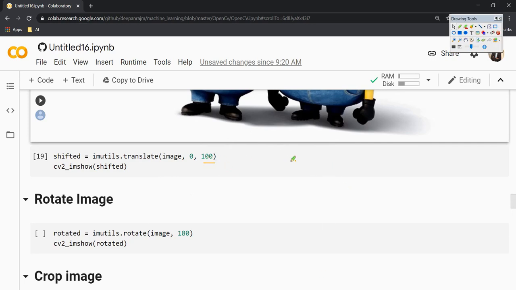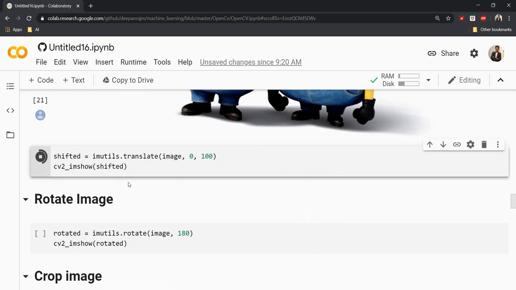So if I give 100, my image will be translated downwards by 100 pixels. If I give a negative value here, obviously the image will be translated in the upward direction. So now let me run this block of code so that it will be easy to understand.